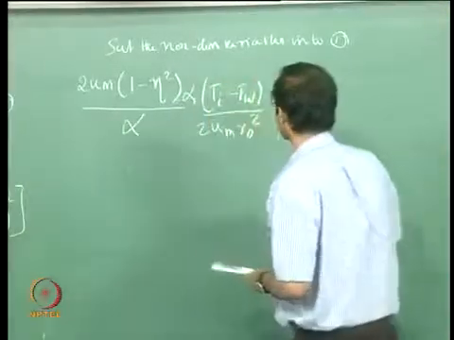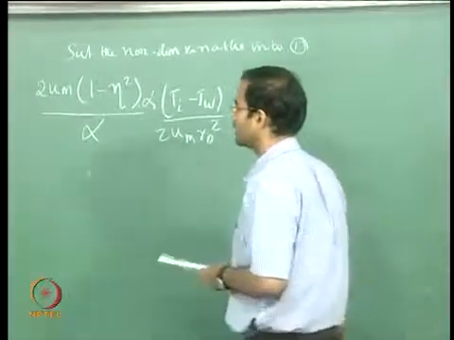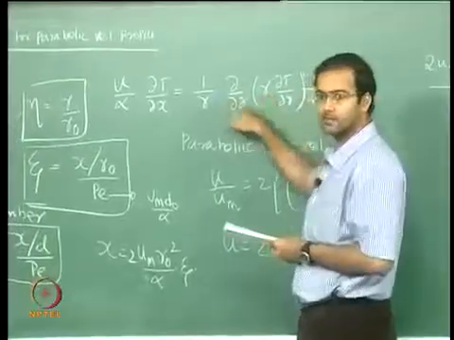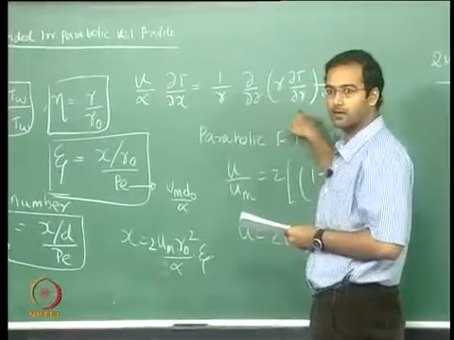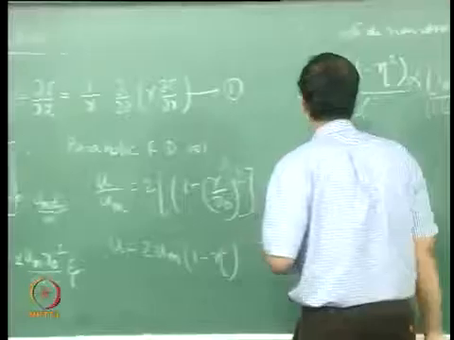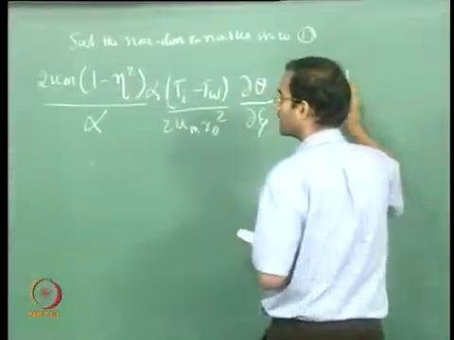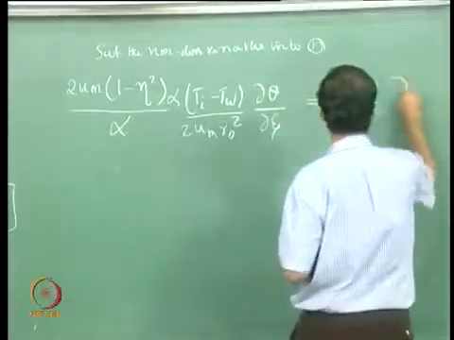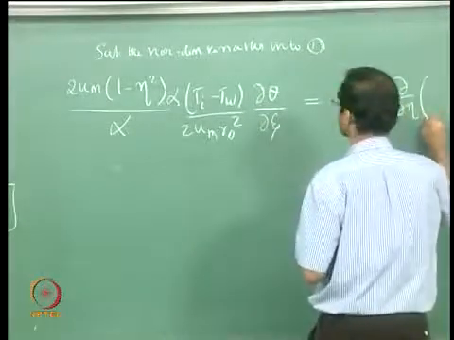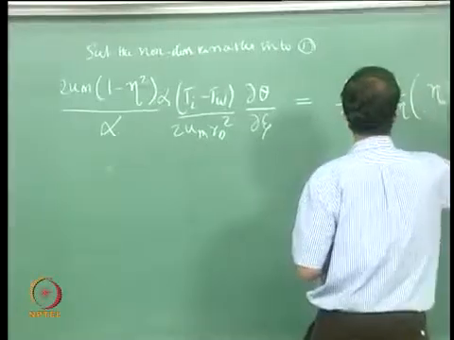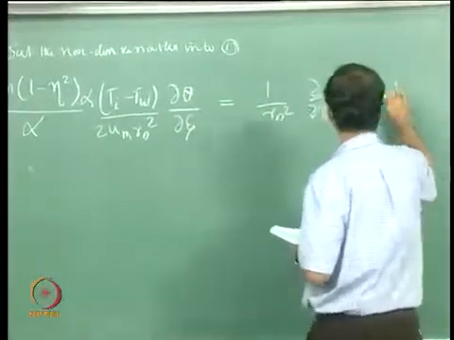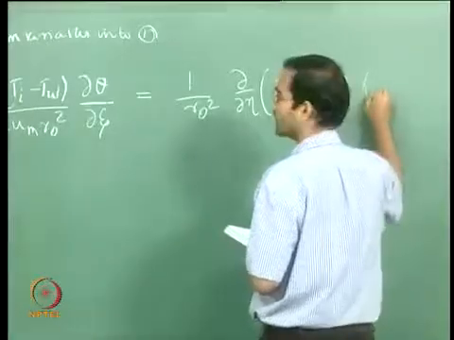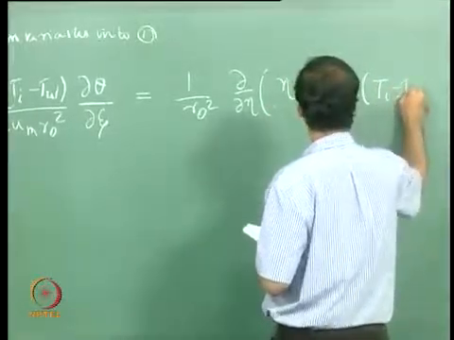So that should be equal to, when you substitute for r in terms of eta, the r naught cancels between these two, and then you have an r naught square coming here. So you have 1 by r naught square, d by d eta into eta d. I substitute once again in terms of theta, so this becomes d theta by d eta, and then I have Ti minus T wall,